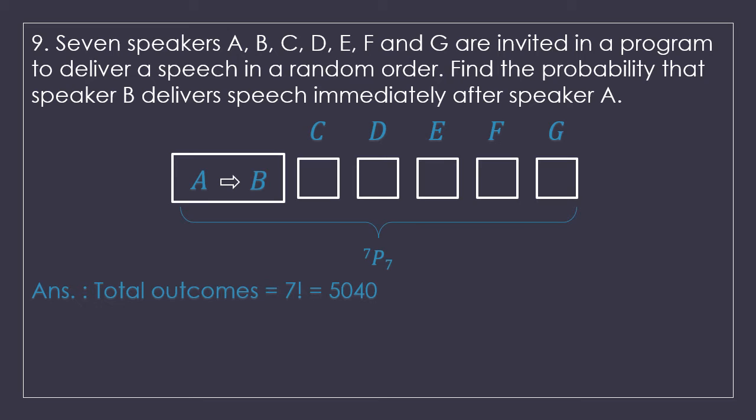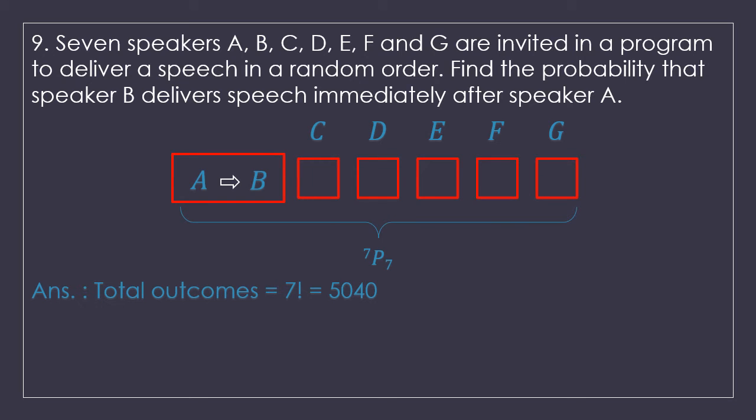B should only speak after A. That's why there is no internal box here, and that means all the boxes here are red boxes, no white boxes are there. So only one term will be there. If you count them, the number of red boxes is 6. So the favorable outcomes here will be 6P6, and we are not going to write down those additional 2P2 outcomes